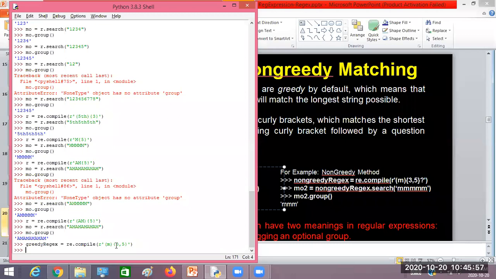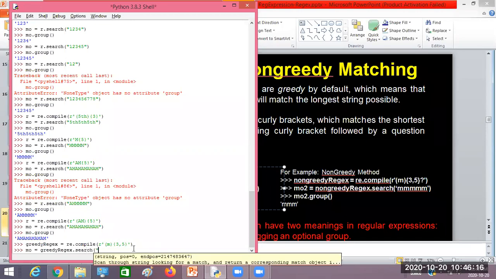What I'm having here is the letter M with the minimum occurrences of 3 and the maximum occurrences of 5.